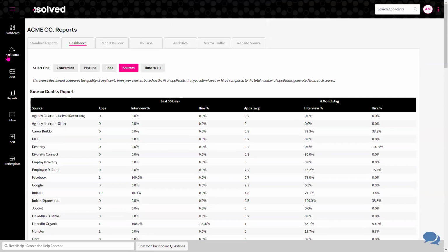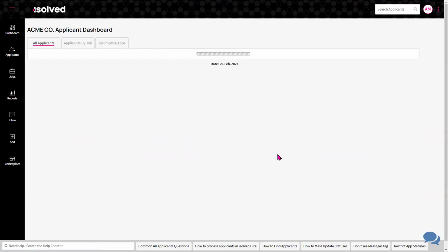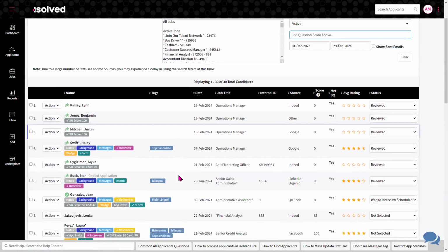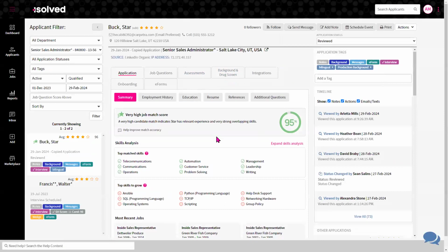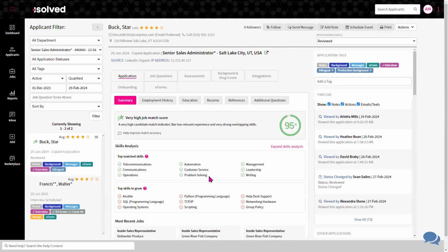All right, well, let's look at those applicants because I know that the applicants are really important to you. Again, we talked a little bit about AI technology, and what the system can do is it can really help you with the AI technology, telling you if the applicant meets your requirements. So there's ability to say, hey, they have the top matching scores, or they have the top skills to grow right here. So if you're looking to implement that into the system,